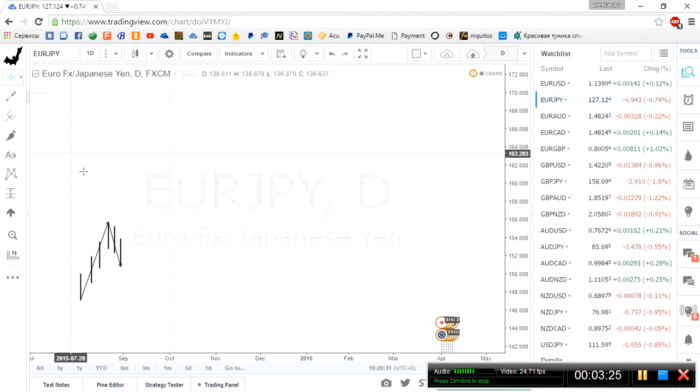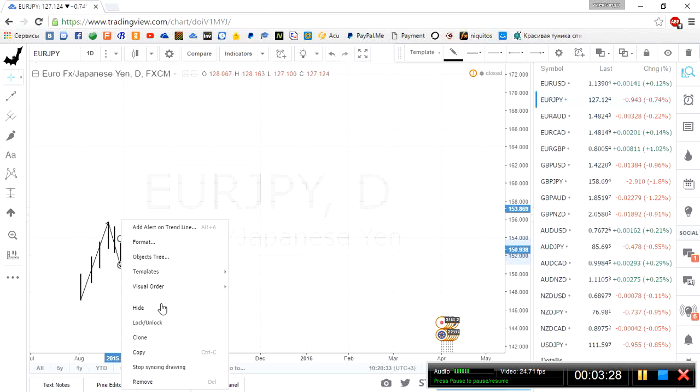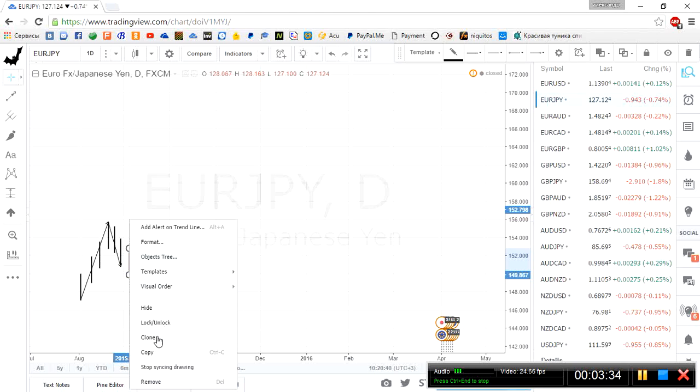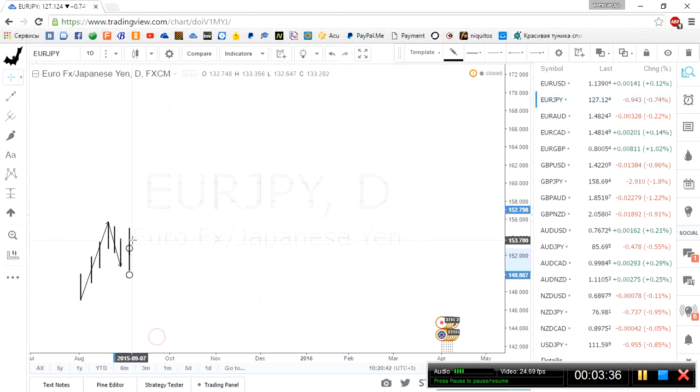Of course, we may have some continuation, not necessarily two lows. We can have three lows, or we can have five lows. Clone it, yes, something like that. But the minimum requirement is two lows. That's why it is called William Gann's